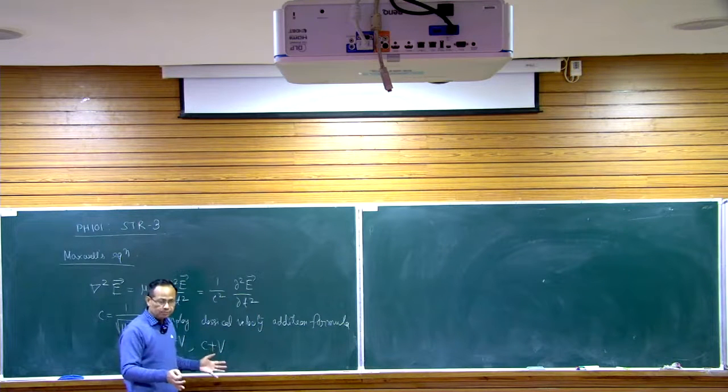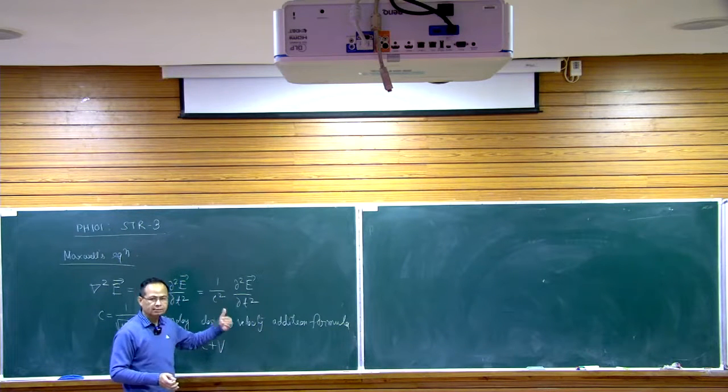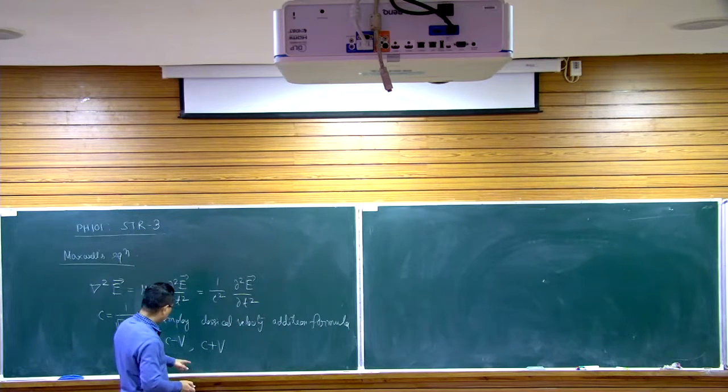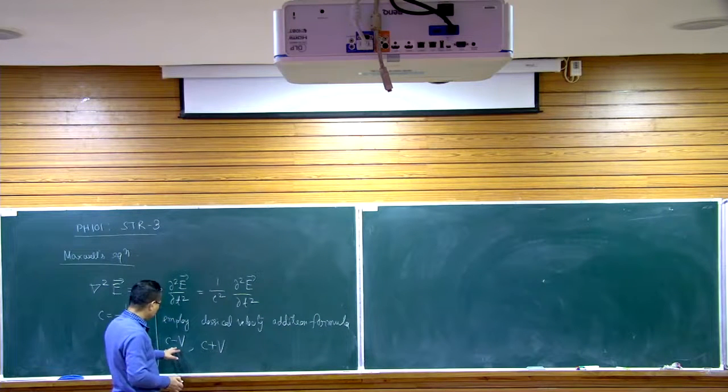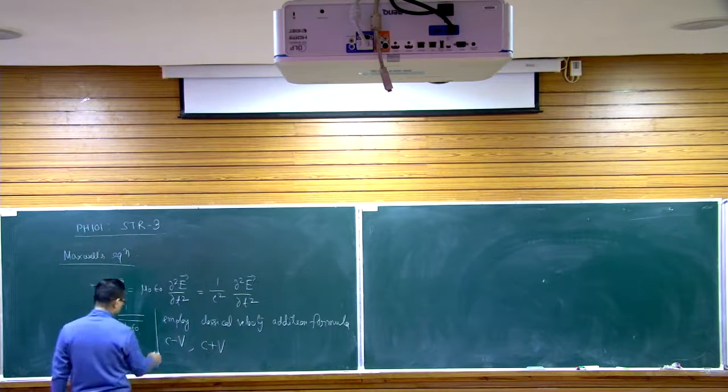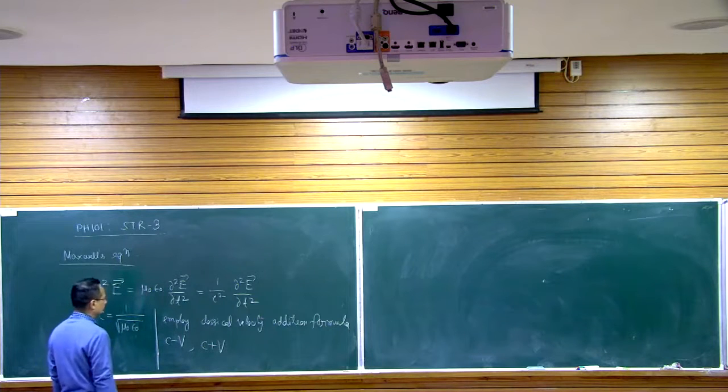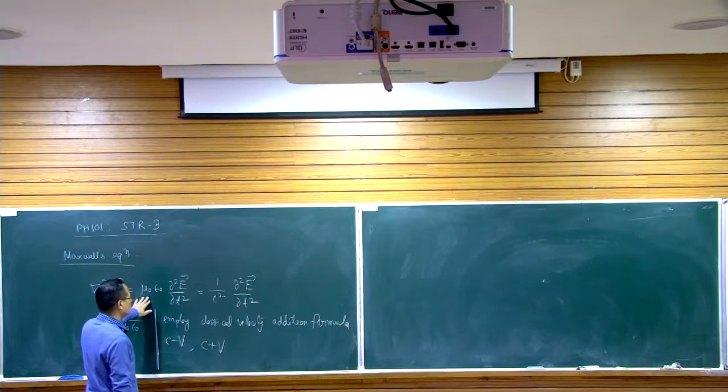It is the same medium. You may consider that the frame of reference S prime is moving with a constant velocity v in vacuum only. So even in vacuum, from S prime if you make a measurement, the speed of light may vary from c minus v to c plus v. Now here is the problem: if the velocity of light is going to be constant for a given medium or for vacuum in the case of Maxwell equation, then the Maxwell equation cannot be correct in the other frame. So this was the inconsistency of Newtonian mechanics as far as validation of the Maxwell equation is concerned.